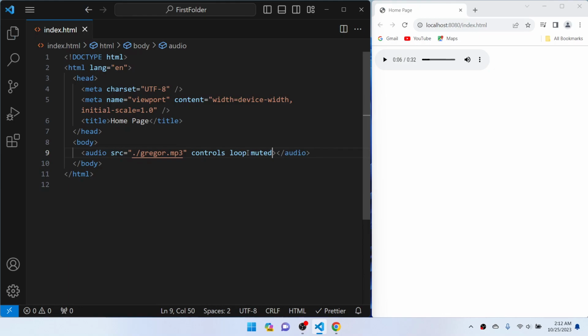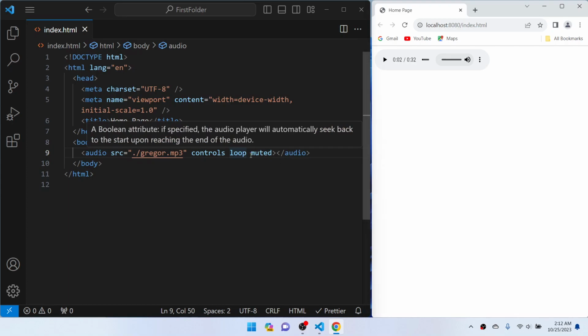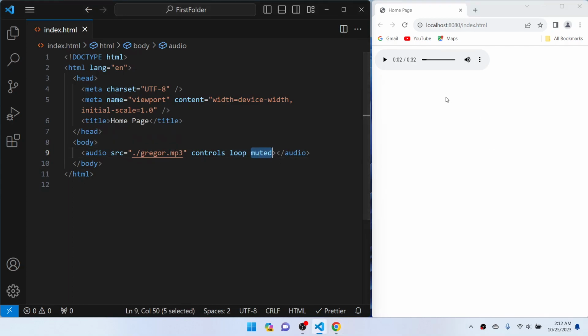So if I save the file, you can see when the page loads, the sound icon is disabled. If I play this audio, still the sound icon is disabled. User has to click on this to enable the sound. Then he can disable, then he can enable. If you use this muted attribute, then the sound will be